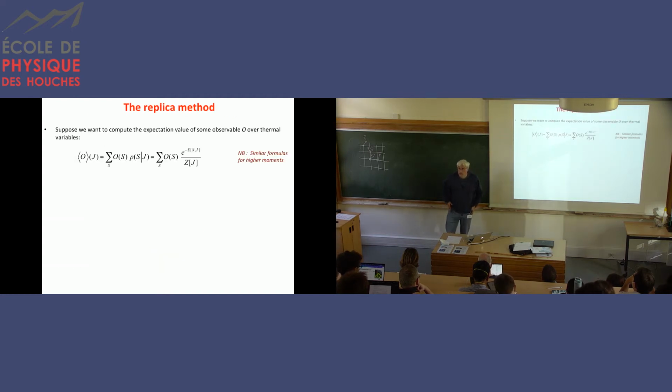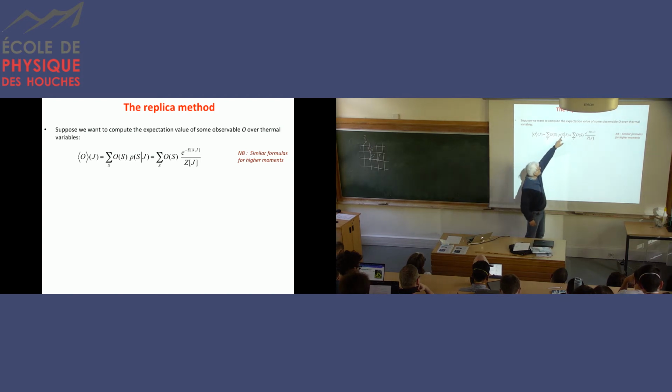Okay, so now I would like to give you a flavor of the replica method for those of you who have never heard about it or have heard very little about it. Since we have two kinds of random variables, the quenched one and the thermal one, we can do two kinds of expectations. I take again the idea of spins S and interactions J, which are quenched here. But of course, that can be generalized to any problem, as I've shown before.